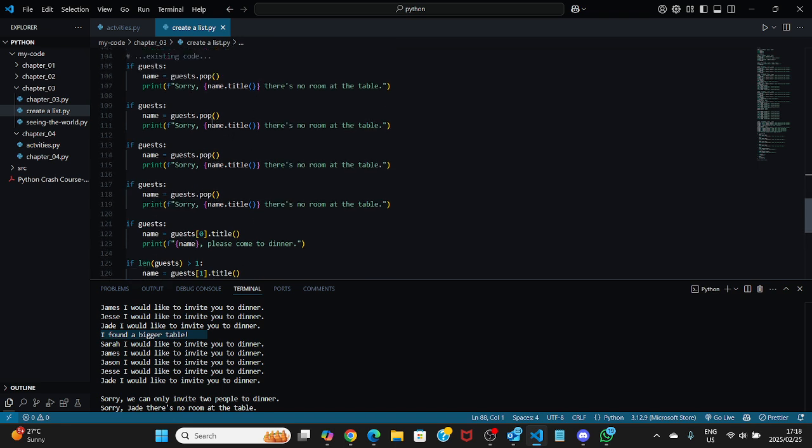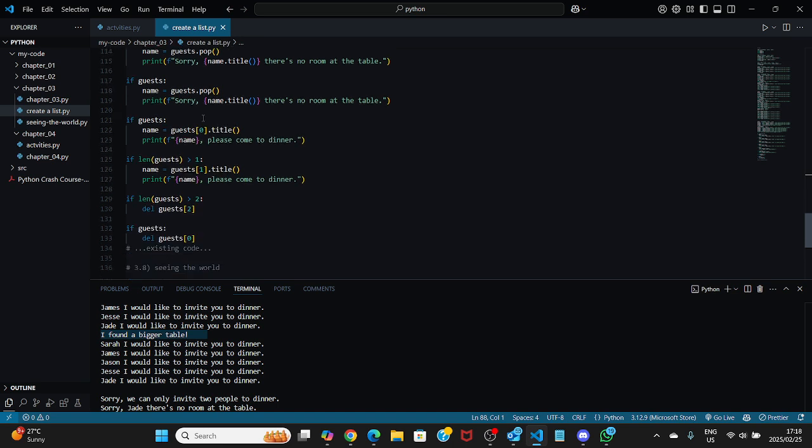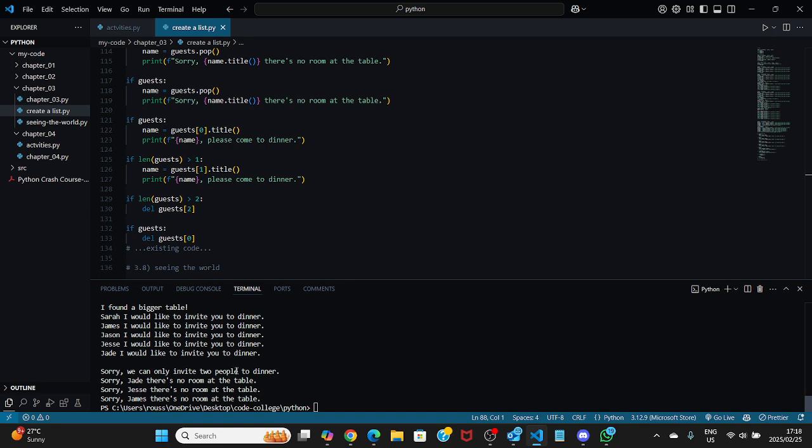Wait, something's not adding up. Sorry about this. I've used the dot pop method to get rid of each guest that I won't be inviting. And then over here, I have only two guests available that I did not use the dot pop method on. And I told them please come to dinner. And over here I use a delete function, which will delete guest 2 and guest 0, which was Sarah and Jason. And now the only people that will be invited is Jade and